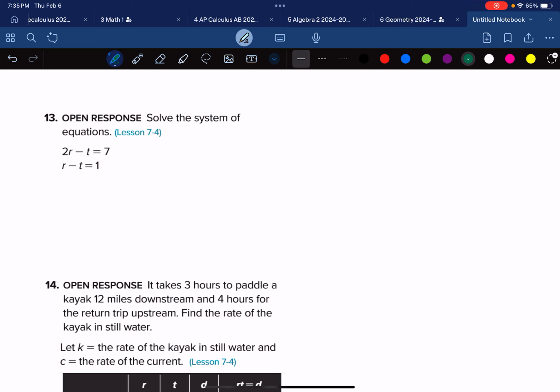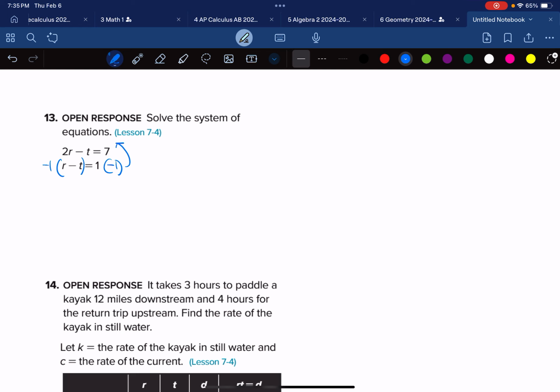So in this system, I am seeing that the variables are lining up, which makes me want to use elimination. I'm noticing that these t's would be really good candidates, except for this and this t are both negative. Let's make one of them positive. So I'm just going to randomly say the bottom one. Let's go ahead and make it a negative. So multiplying this entire bottom side by negative 1 makes me have a new equation,